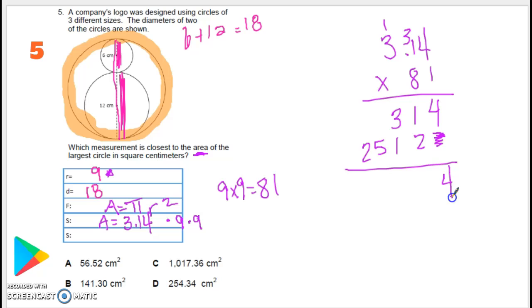Add those up: 4, 3, 4, 5, 2. 2 numbers behind the decimal here, so 2 numbers behind the decimal here, and your answer is